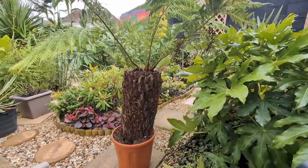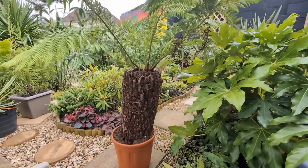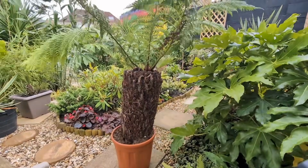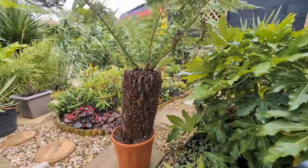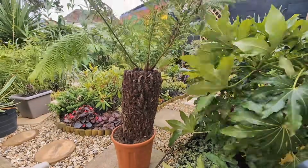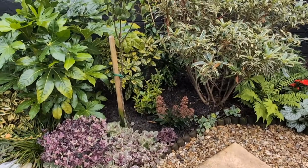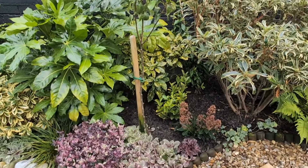So, we've got the tree fern home and it's a little bit windy, but I'm going to get it out and in the ground today before this wind gets any worse. I've got a few options of where I can plant it. I thought I could either move